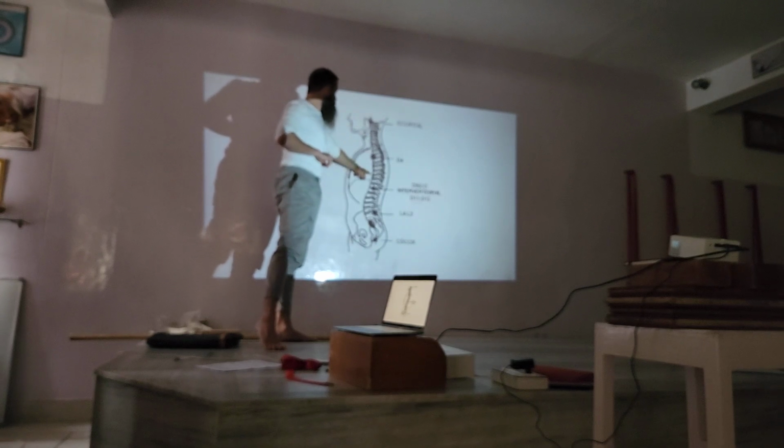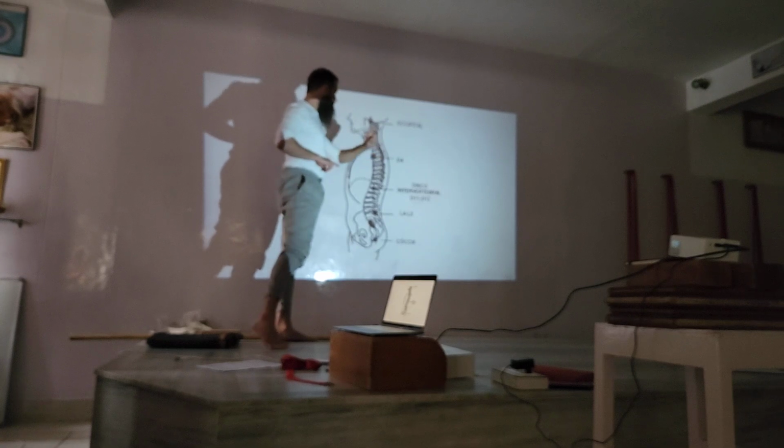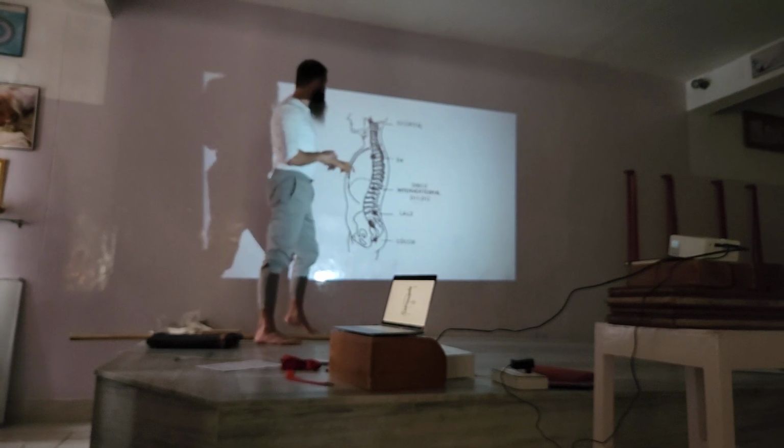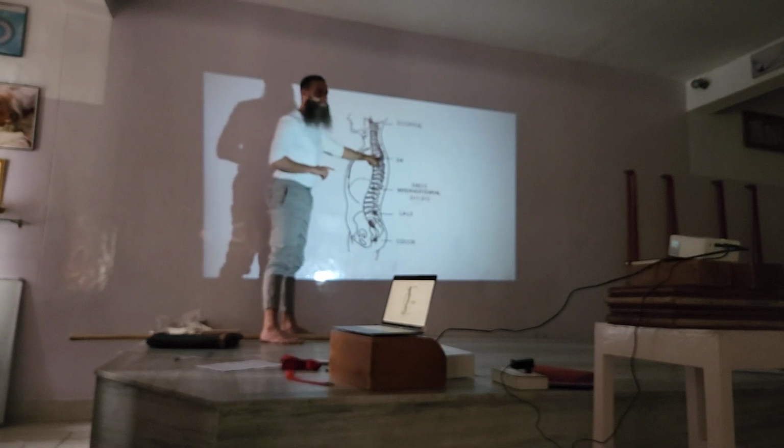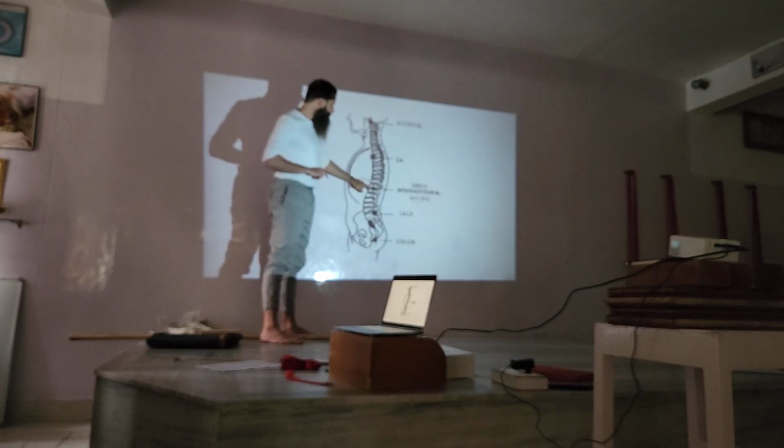Okay, so in this direction of the line, it touches the front of the vertebra, so it's not the vertebra itself. This is an important point, because it's not about the vertebra. Of course, the vertebra has a deep relation, but it's in front of the vertebra. It's not touching the vertebra. That's an important point. And then it comes down and is in relation with the T11, T12, where the diaphragm attaches. So we're going to see all these things.